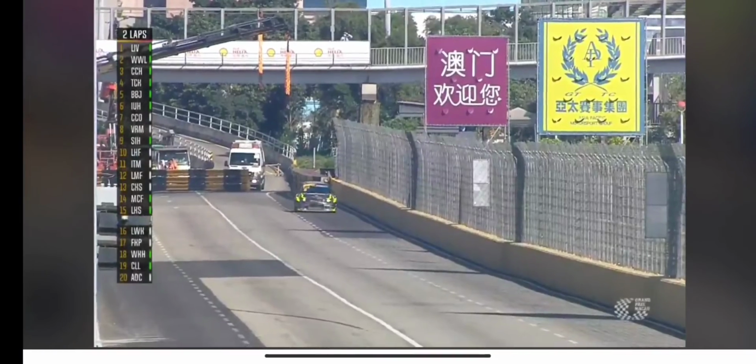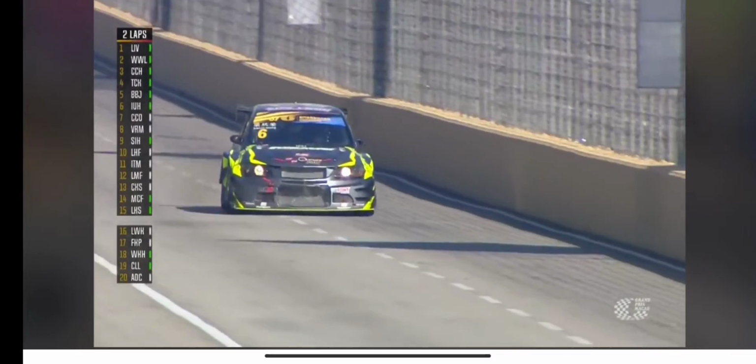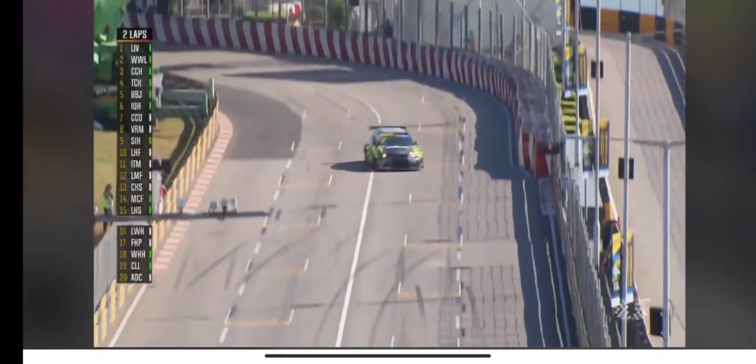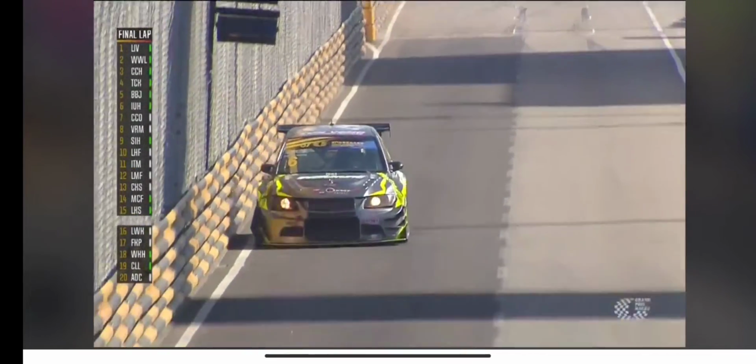Through Fisherman's for the race leader, Kelvin Leung. The number 6 car with the lights on, potentially to indicate to slower cars that the race leader is coming through, in addition to the blue flags. But one lap to go now for Kelvin,